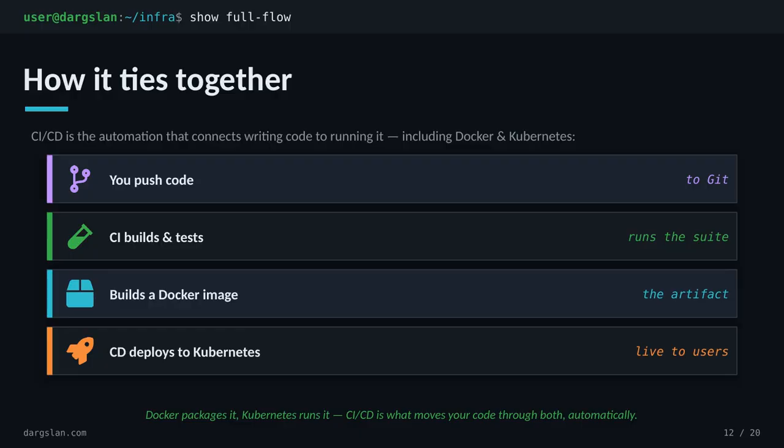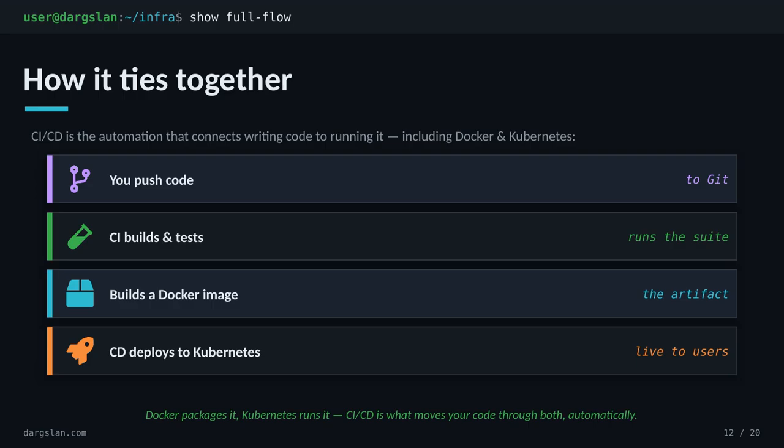You push your code to Git. That's the starting gun. CI picks it up, builds it, runs the test suite, and if everything's green, it packages the result into a Docker image. Then CD takes that image and rolls it out to Kubernetes, where it goes live to real users. Docker packages it, Kubernetes runs it, and CI/CD is the conveyor belt that quietly moves your code through both, safely,